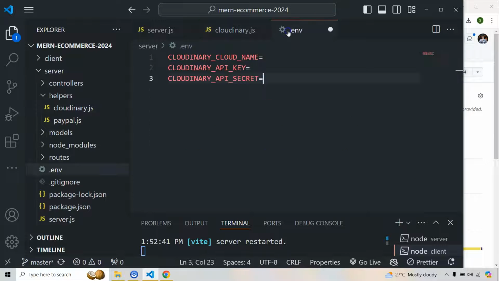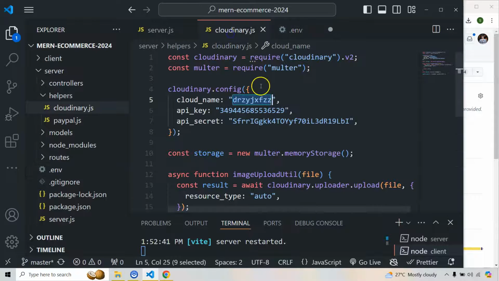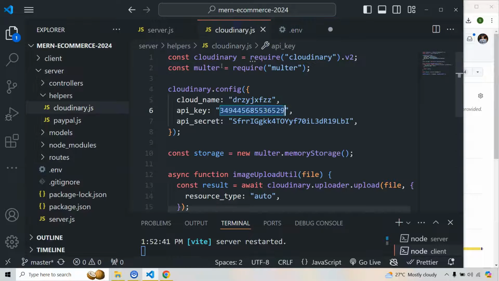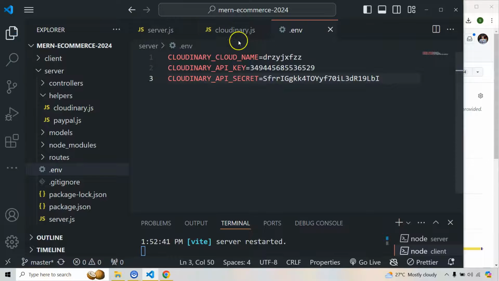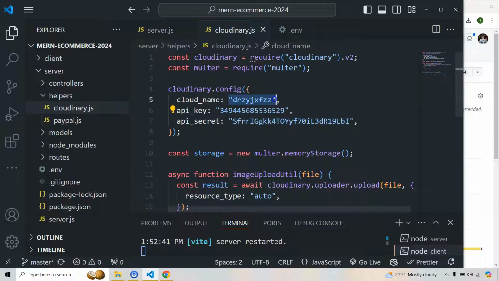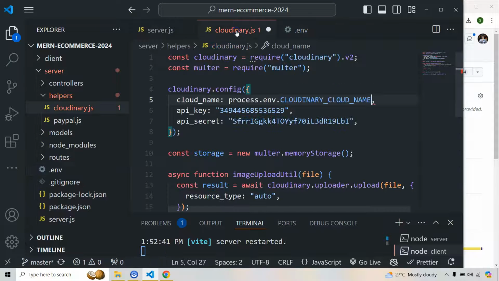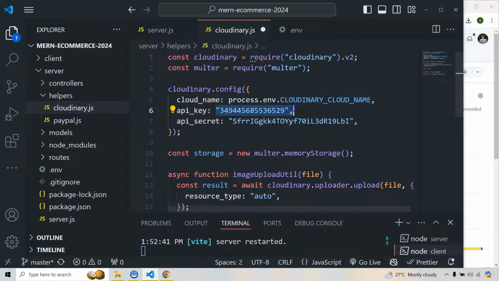So I'll copy this and then paste it here. Similarly for this one, and also we're going to do the same for our API secret. Save it, and let's go here and replace all of this. We'll use process.env dot, so I'm going to copy this and paste it here. Let's copy this one from here and replace this one with the Cloudinary API key, and this will be the API secret,